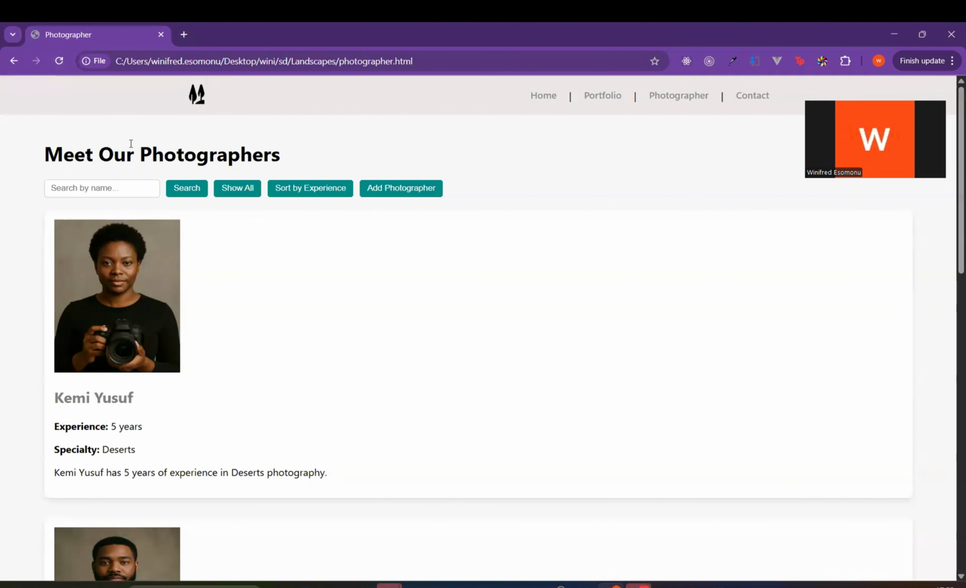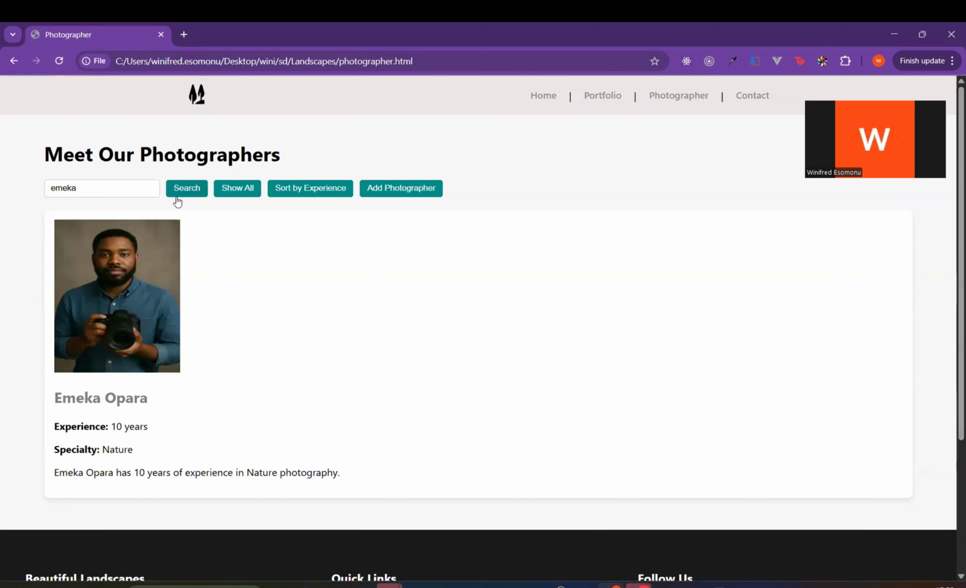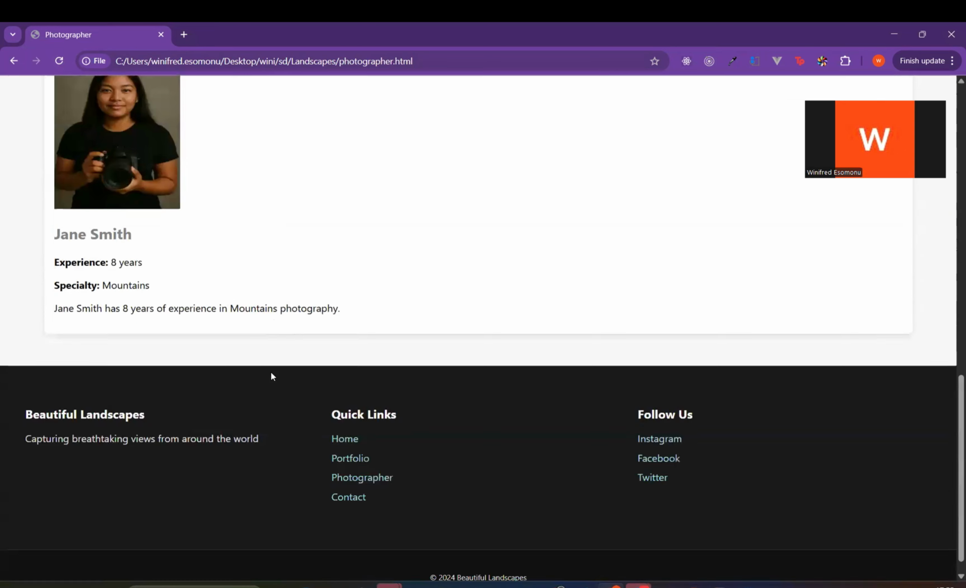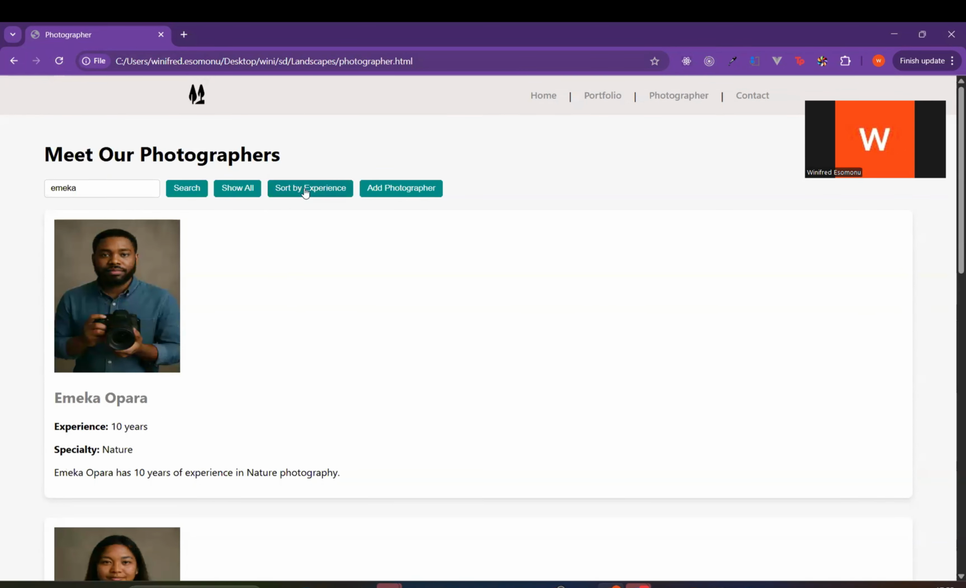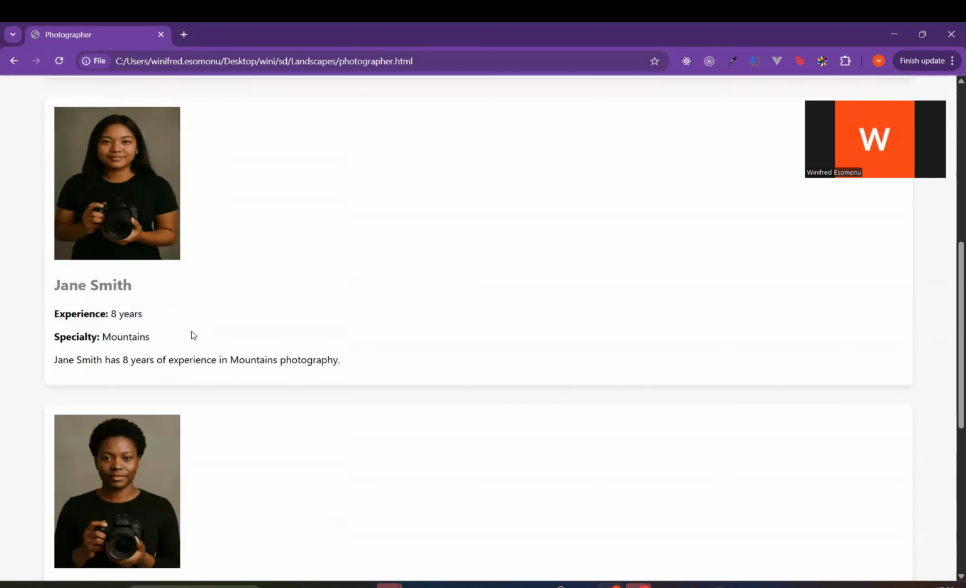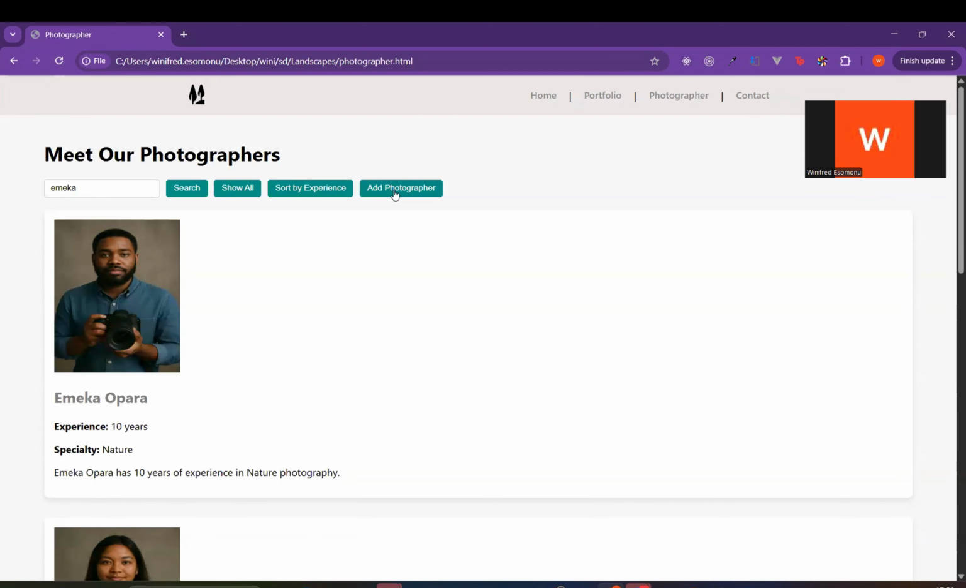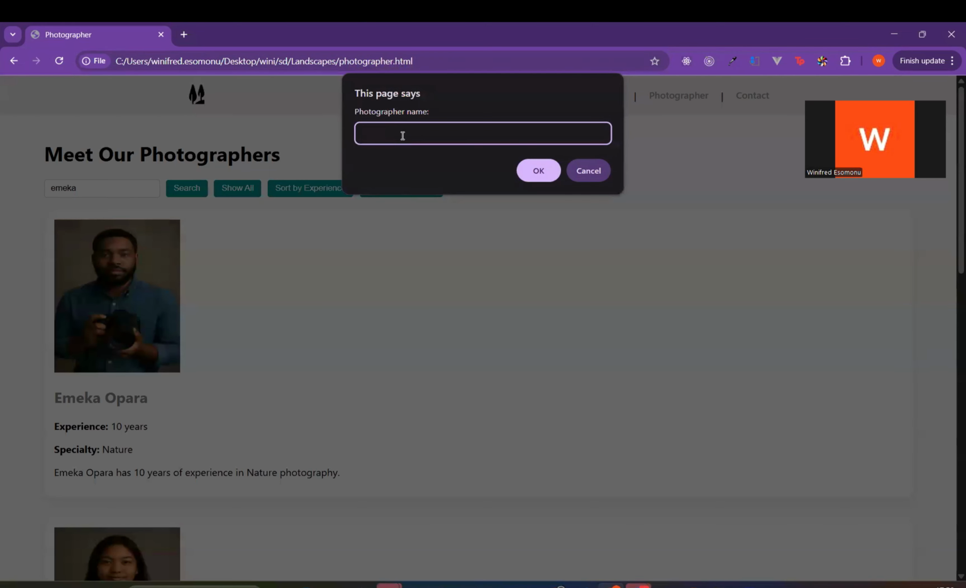So this is what I've been trying to build out. If I search for maybe a maker alone, it brings out only a maker's profile. If I say show everybody, it shows everybody. If I say sort by experience, it sorts based on the person with the highest years of experience to the lowest years of experience. And if I try to add a new photographer, I can just add